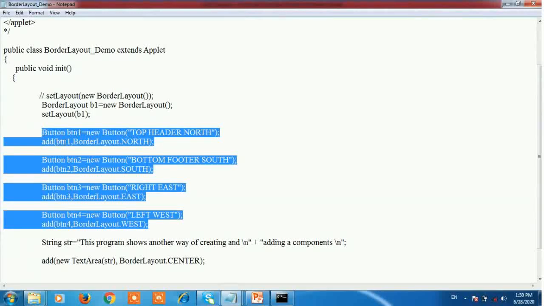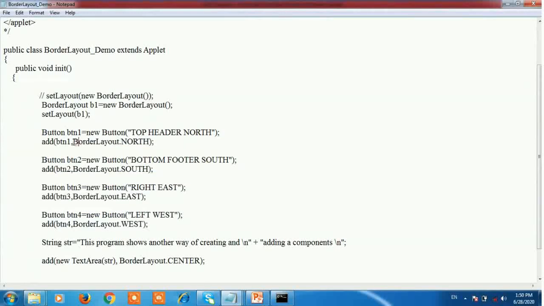First is the component object, that is btn1, and second is the int region. It is nothing but the position, that is BorderLayout.NORTH, and the region value is BorderLayout.CENTER, SOUTH, EAST, WEST, or NORTH. Here we use BorderLayout.NORTH.